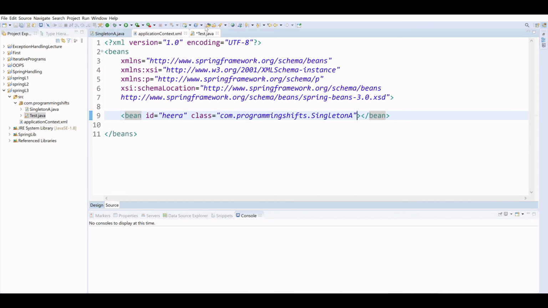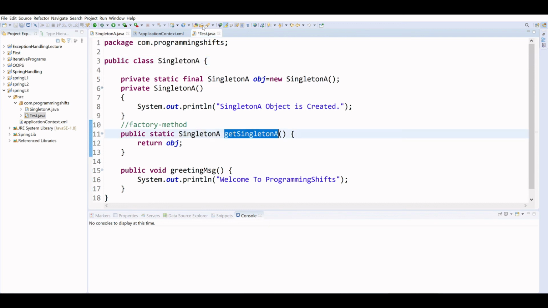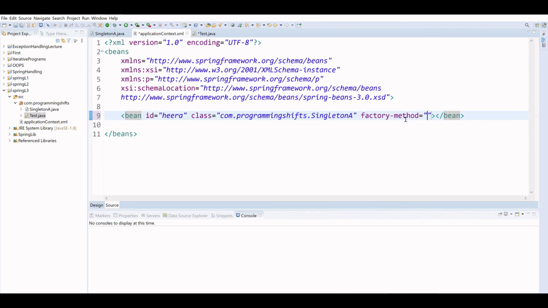But for that, you have to define a factory method here. In the last lecture I told you we have to define the method name. The method is getSingletonA.